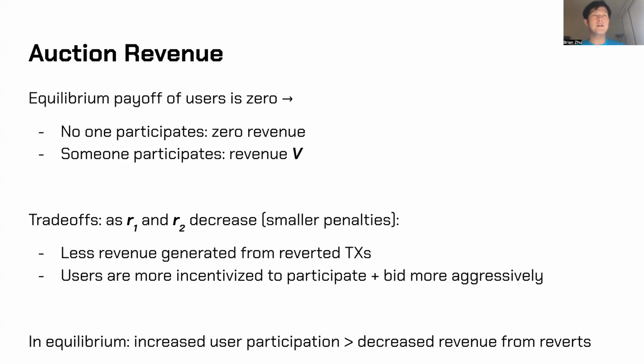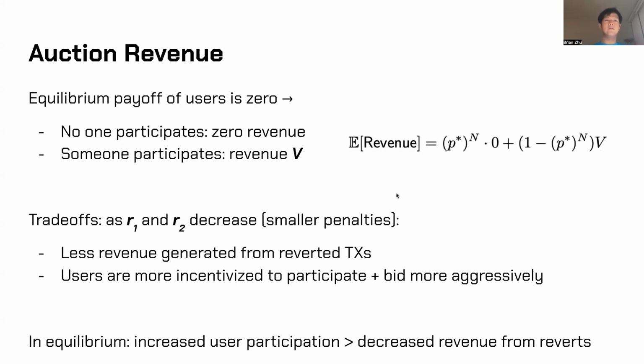So to further digest the formula for auction revenue a little, this is mainly derived from the following observation. So the equilibrium payoff of all users is going to be 0 from the mixed strategy. So if no one participates, then the auctioneer makes 0 revenue. But if someone participates, then the auctioneer is going to make V revenue. So we can essentially rewrite the expected revenue as the expected probability that this arbitrage opportunity is going to be